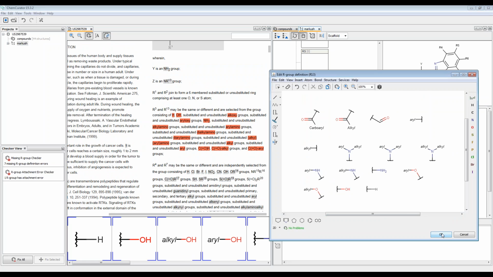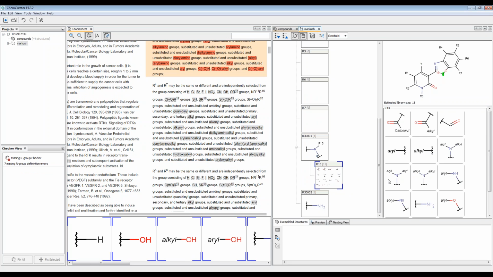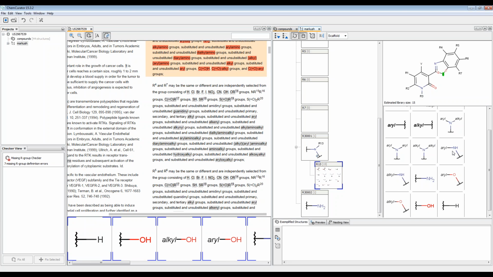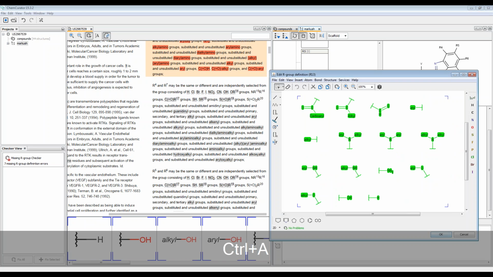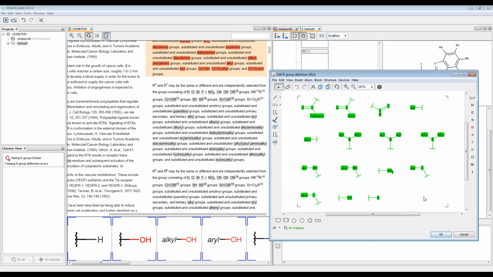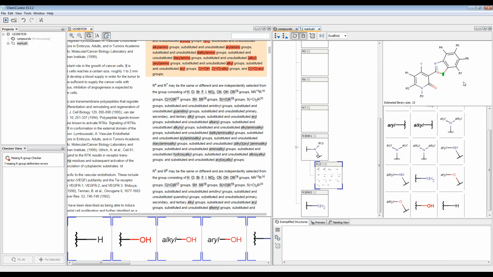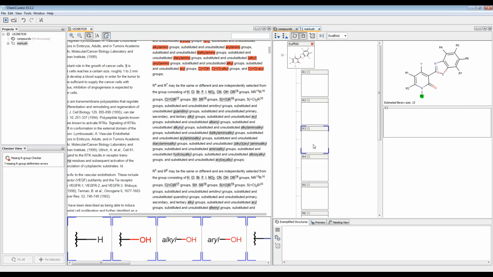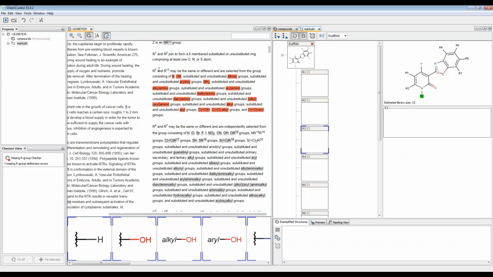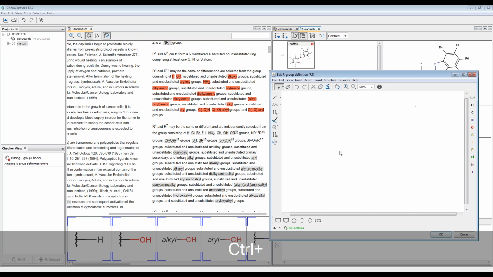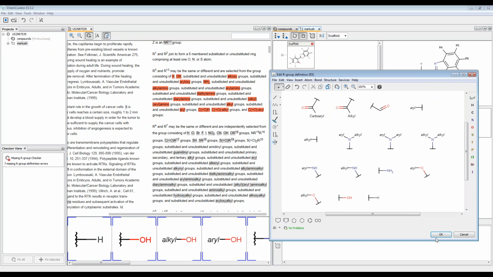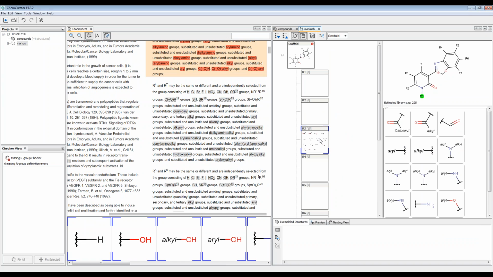I think all of them is correct, but we can check it, because if it's not correct, you can see a red dot here, but all of the red dots have disappeared. As you can see, you are able to select all of the fragment definitions, copy them, and if you don't want to do it again in R3, you can copy-paste it,